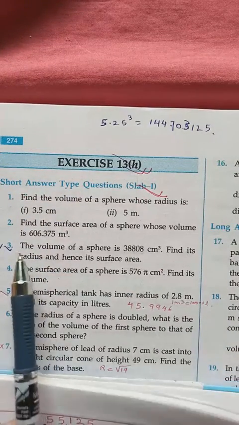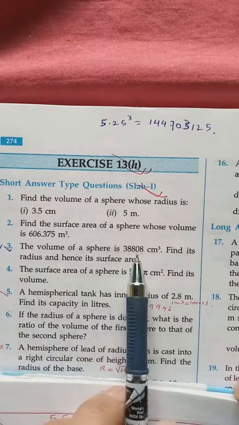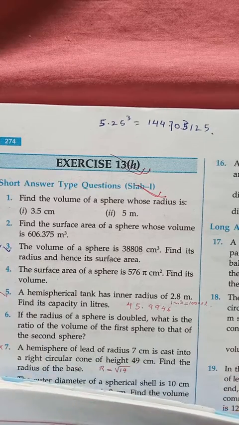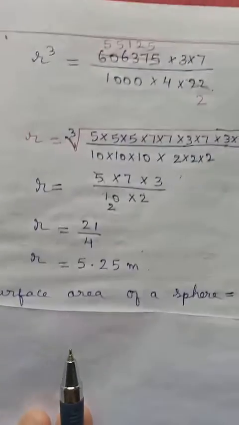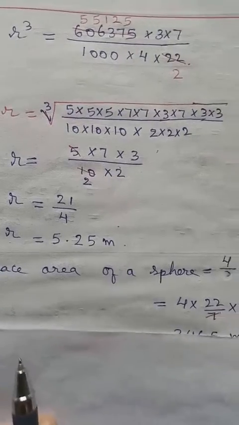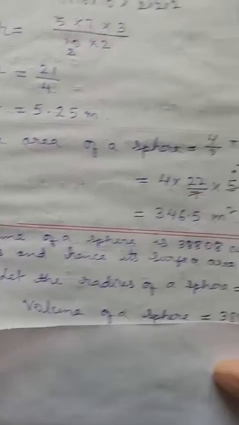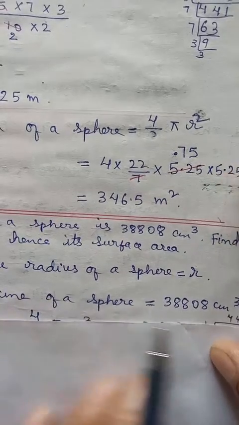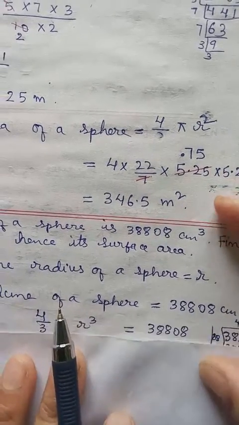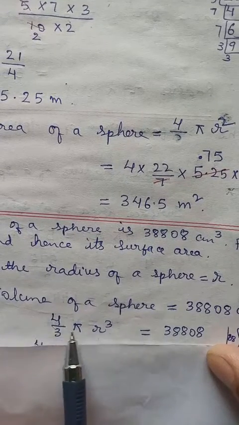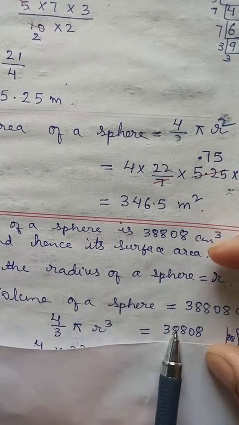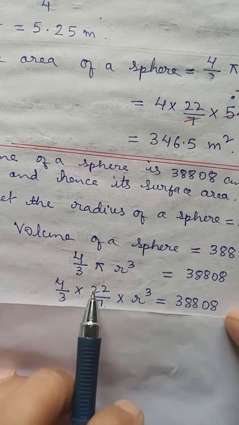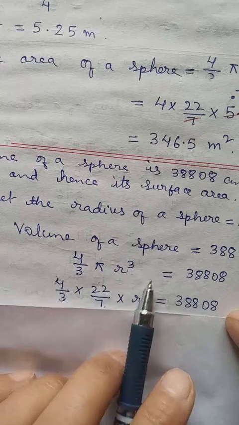Then in a similar way, you can do number 3. They give us the volume of sphere. We have to find the radius and also the surface area. So here we have the volume, the radius we don't know. So let's denote it as R. Volume of sphere, we have this one. We know the formula for volume of sphere is 4 by 3 pi r cube. Okay, already given from the question. 4 by 3, let it be there. Pi we know, 22 by 7. R cube we don't know.